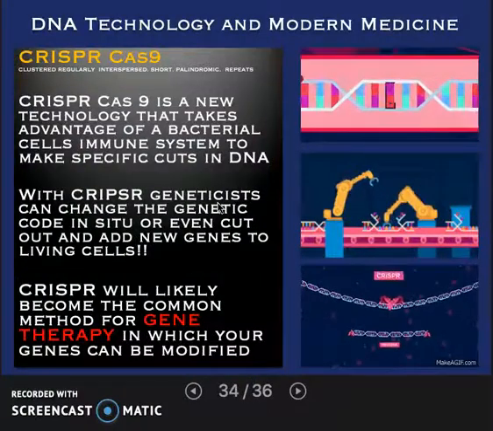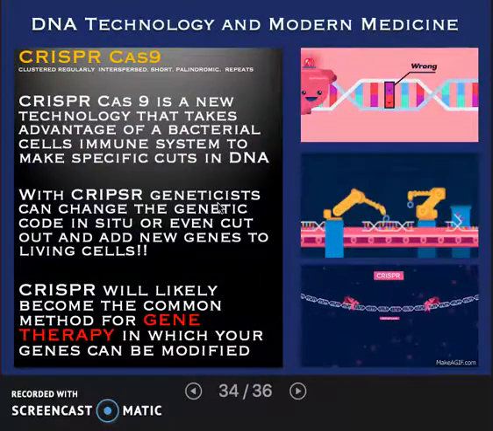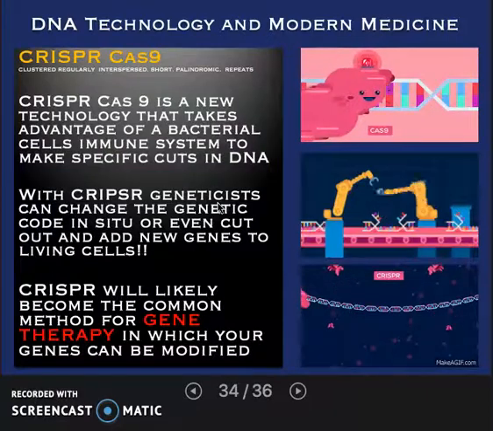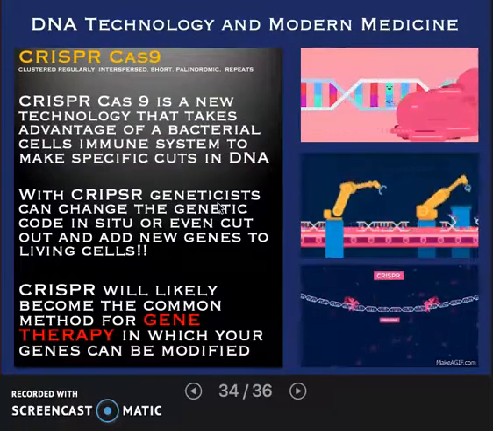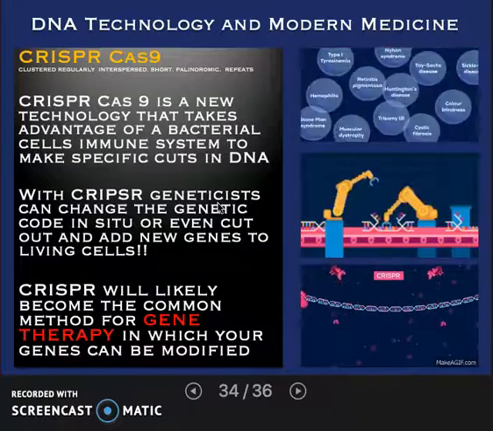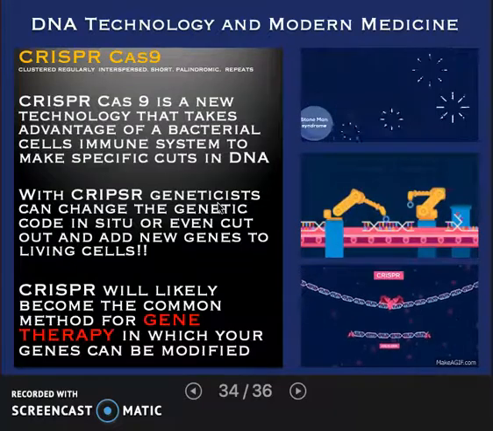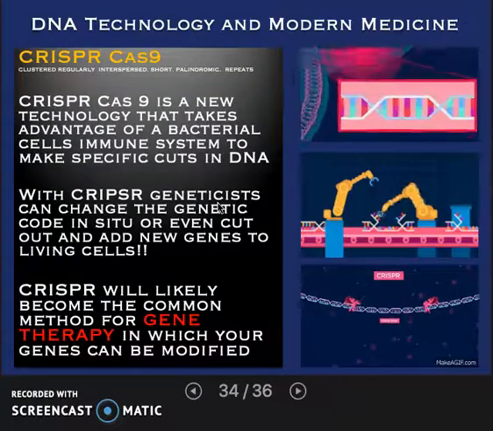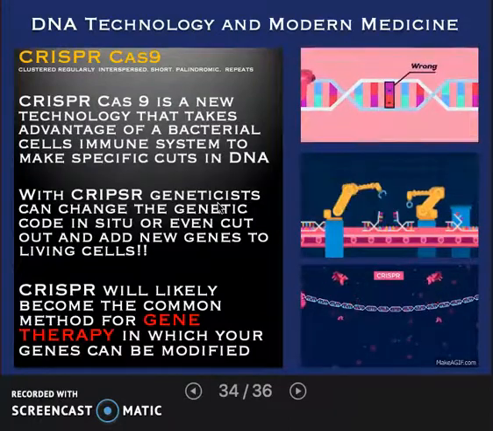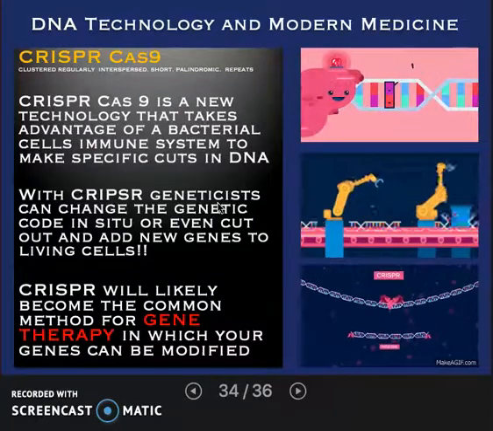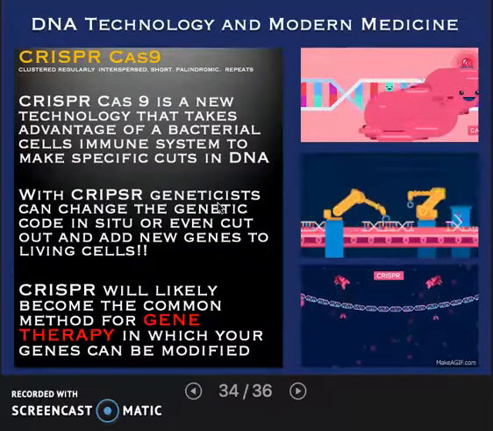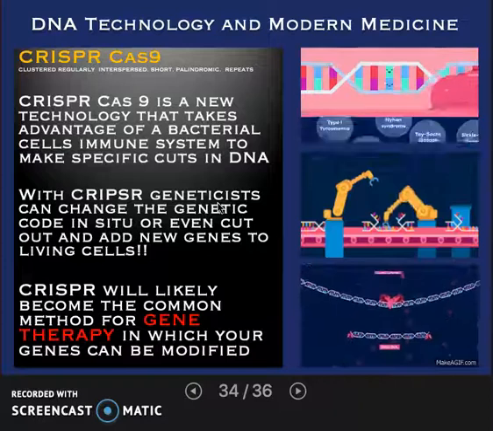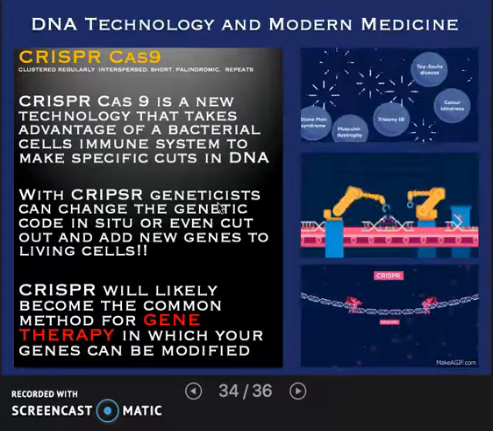Well, what do you do if you do know you have a problem? And that walks us down into a branch of medicine called gene therapy. Now, it's been in the works for about 20 years now. There's not any currently available, easily available gene therapies, but they're coming. And one of the recent advances that will allow for gene therapy miraculously is a process called CRISPR.